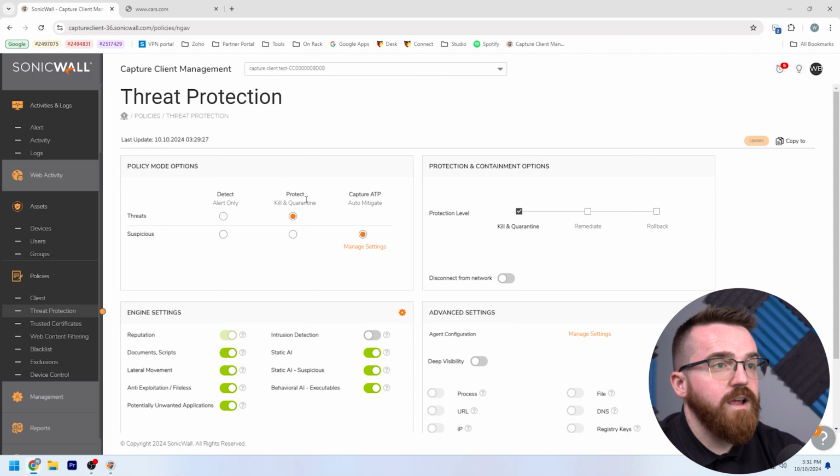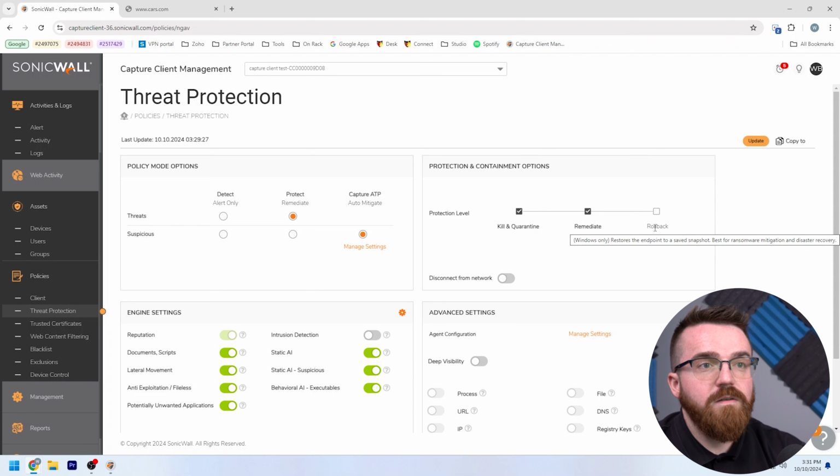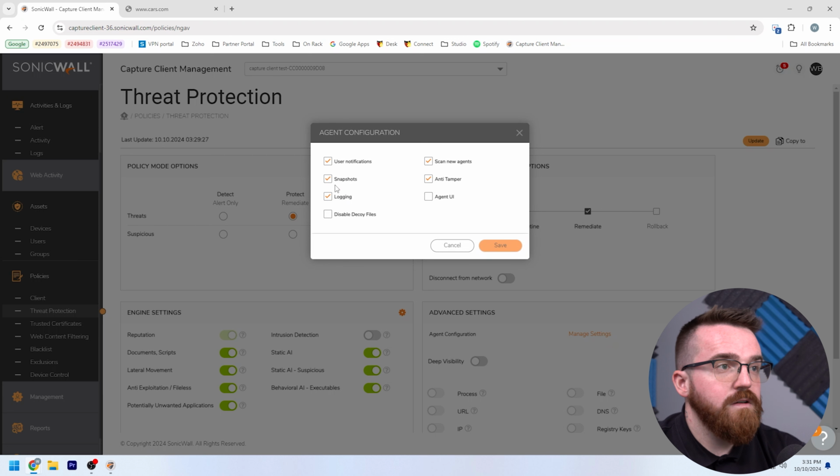And for this, we can actually choose what happens when a threat occurs. So right now we have it just kill and quarantine, but it doesn't remove the file. So if we're going to checkbox that to remediate it, this removes the threat. Rollback, but we're going to enable this. Well, we don't want that enabled right here, but to set that up, we go to Manage Settings, make sure